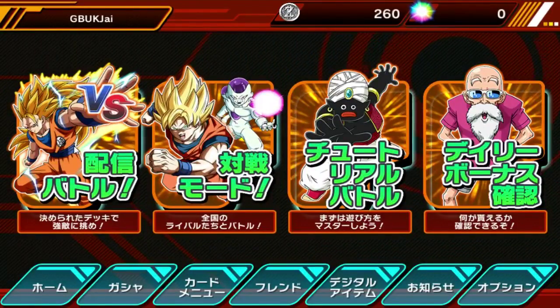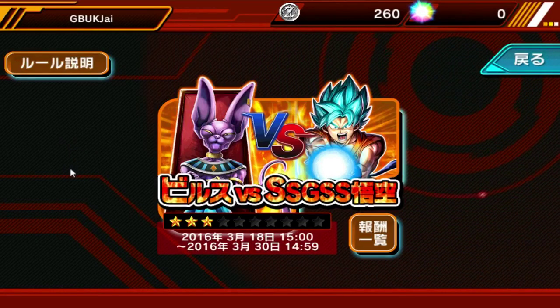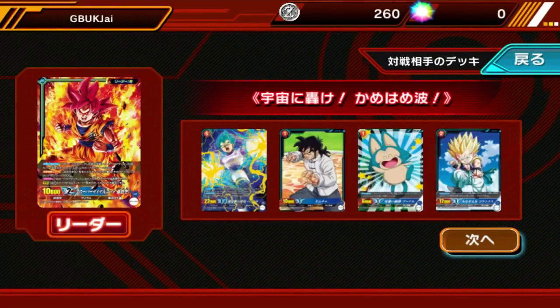So do this versus here. Basically they have these events where you have a preset deck. Like here you've got Beerus versus Super Saiyan Blue, or Super Saiyan God, Super Saiyan, whatever. Yeah, Dragon Ball Super, if any of you guys have been keeping up with that. And then we click here, and this is basically showing some of the cards